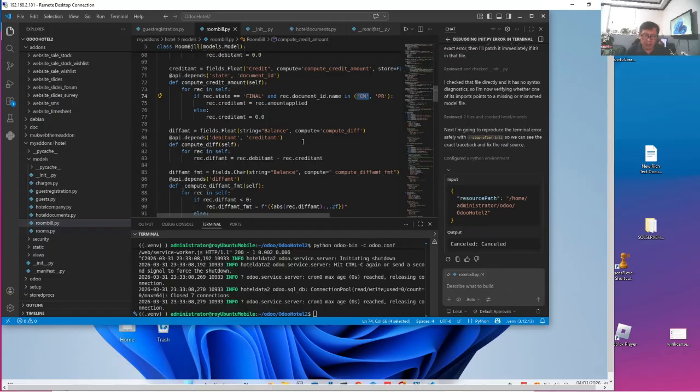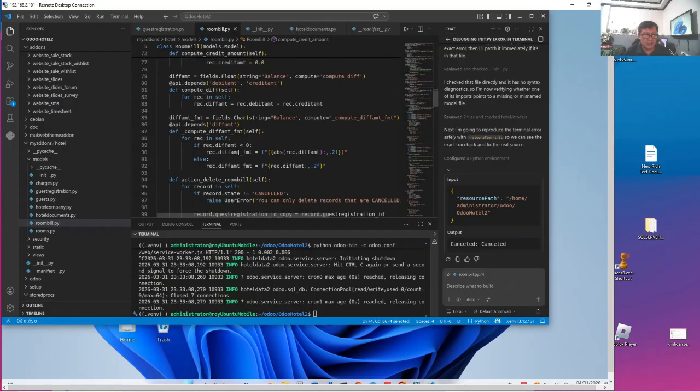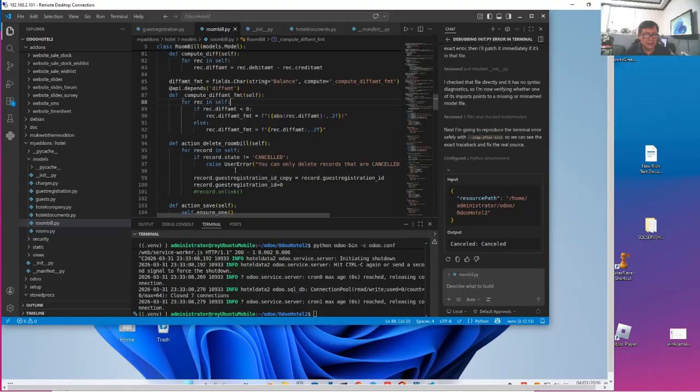Why is that? Because at the bottom of our bill, we will show the total amount. We can do that by creating a total of the difference between the credit and the debit amount. So we compute the difference between the debit and credit. So diff amount is the absolute value, and we format it. This is another computed formatted field, which becomes the absolute value of the difference.